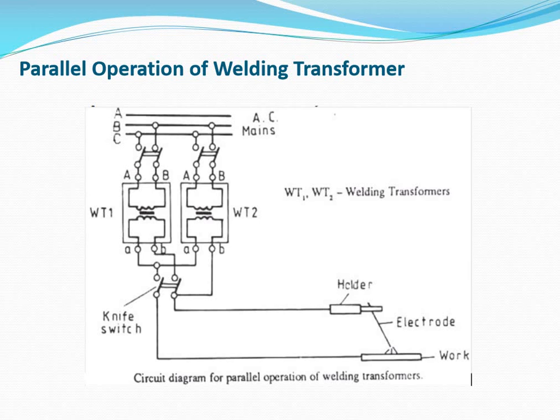So this is about the welding transformer, their operating principle, and the four basic types we have also seen. In addition to that, we also discussed the parallel operation of the welding transformer to obtain the desired current for the welding. And we also had some brief discussion on the multi-arc or multi-operator welding transformer.